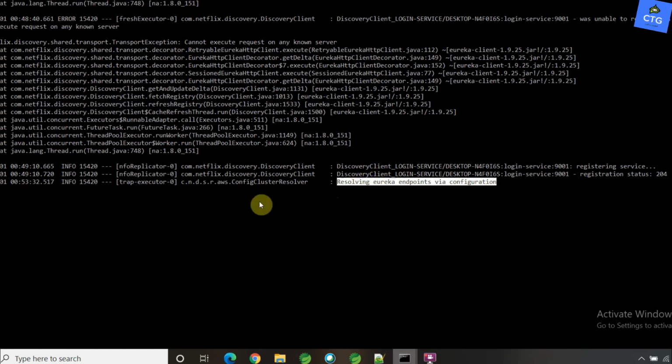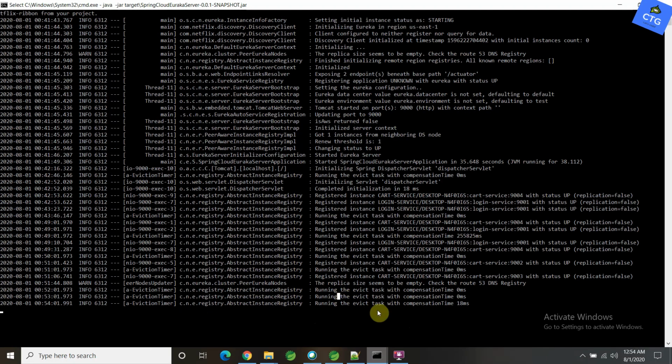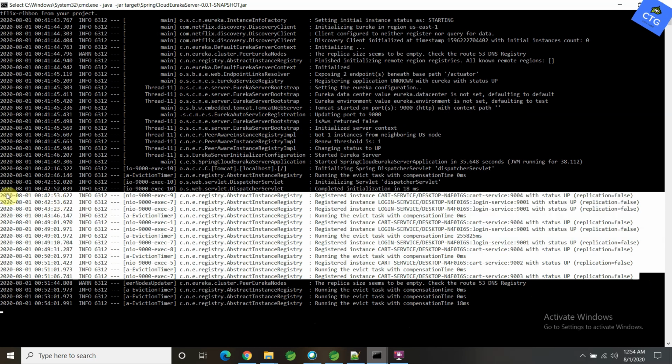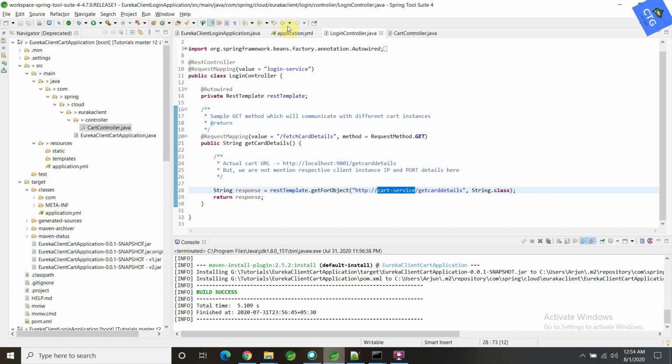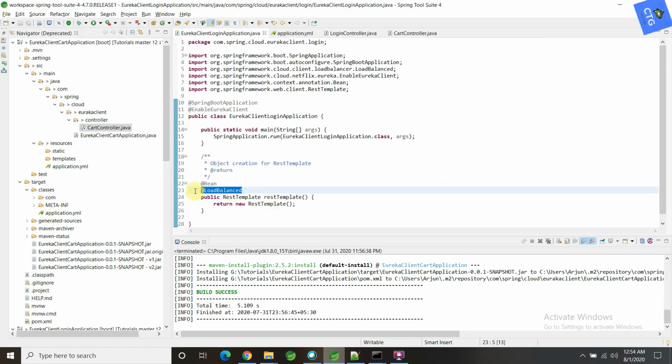It communicates with the Eureka server and receives all the client application related instances. Every 5 seconds it communicates with the Eureka server, receives all the instance information, stores it in the login application itself, and then makes the requests one by one based on the load balanced annotation, because with the load balanced annotation internally it is enabled with Eureka Ribbon. That's the reason it is making the requests dynamically.